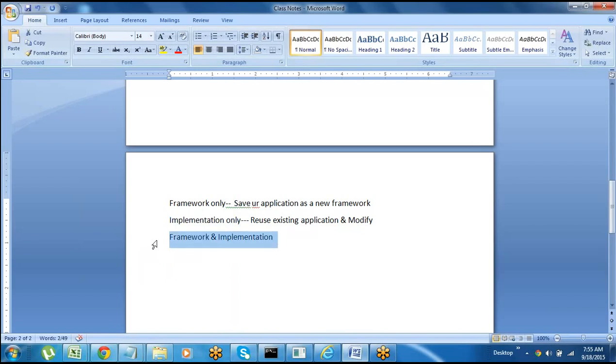And if you want to do both, take the existing framework and also save your application as a framework, by default select both options, framework and implementation. Every application will use this layer only. So the structure they use for developing applications is framework and implementation. Anytime you want only one option, you can go with any of the above options.